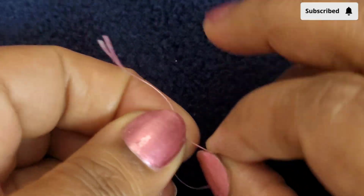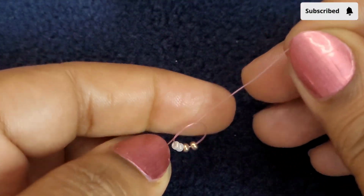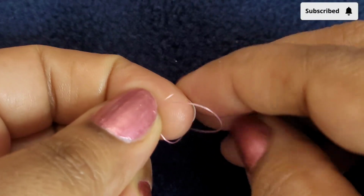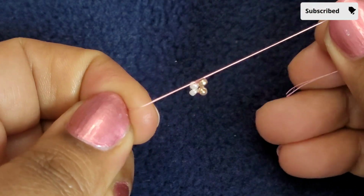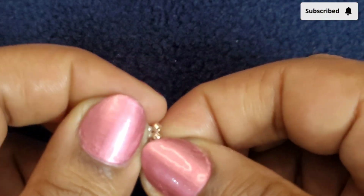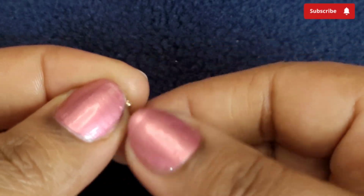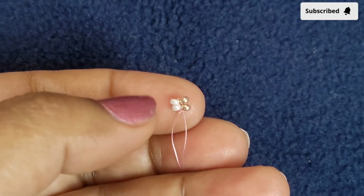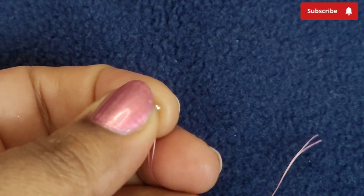and tying a double knot very carefully like this, holding the two threads, the tail and our thread. And now moving up